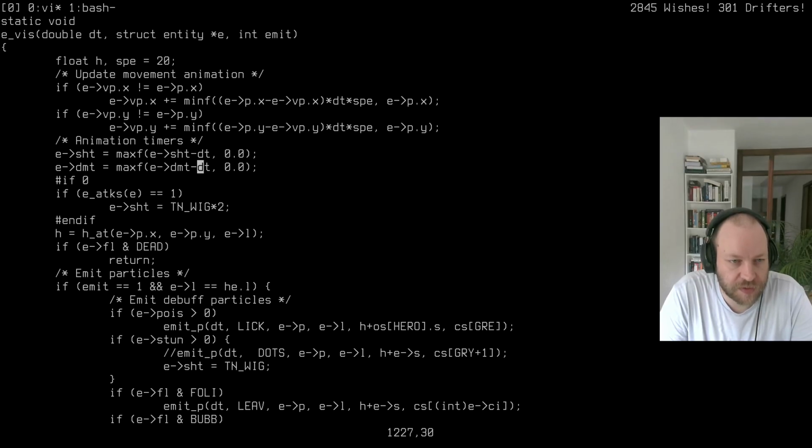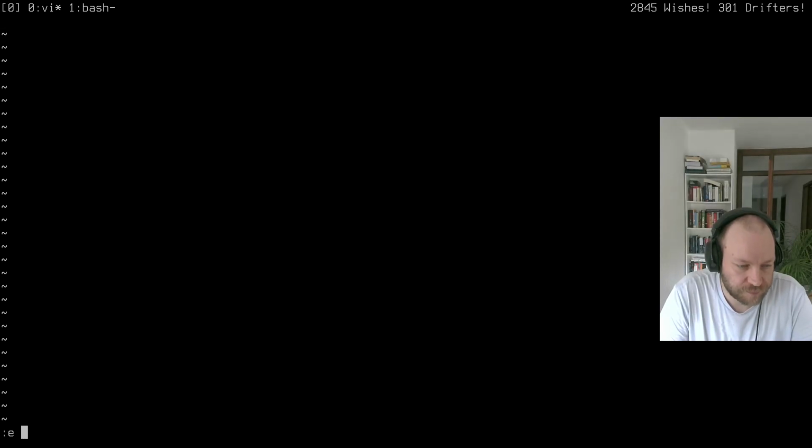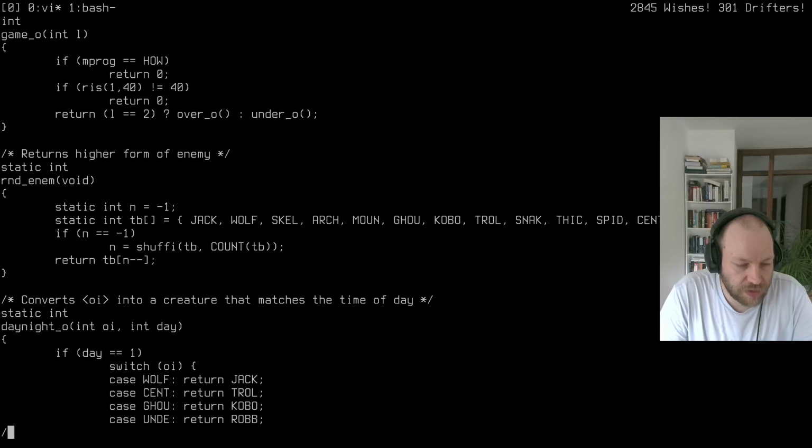So this decrements by the delta time, which is the frame time, until it hits 0. Okay. Can I test that easily? No. So let's just continue with the colors. That's an object. And there I have